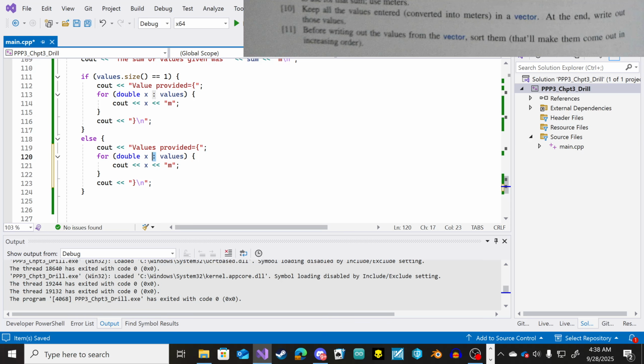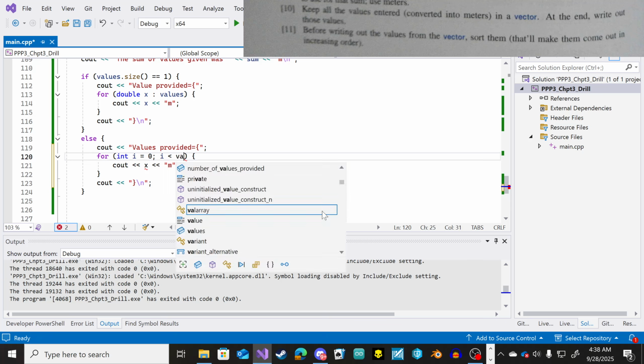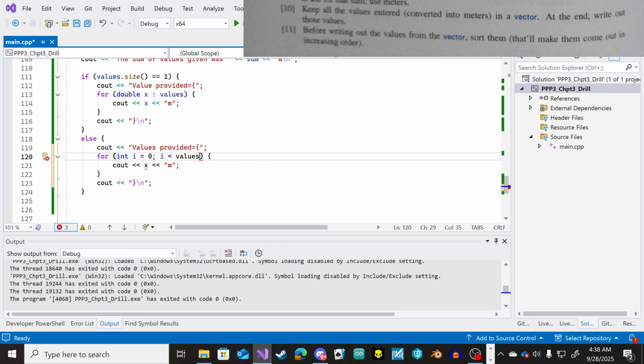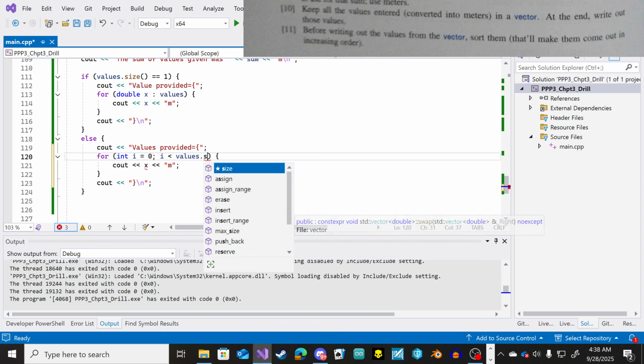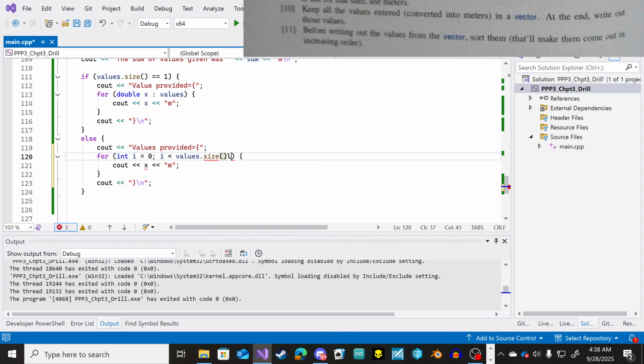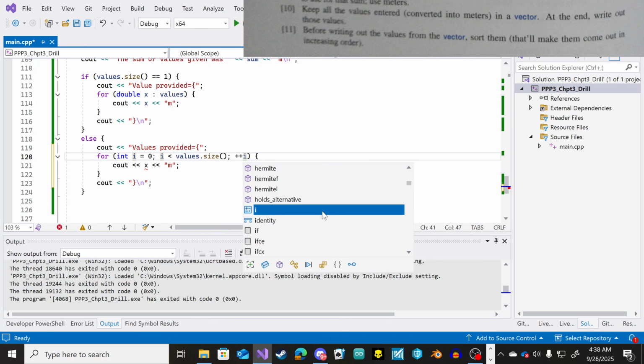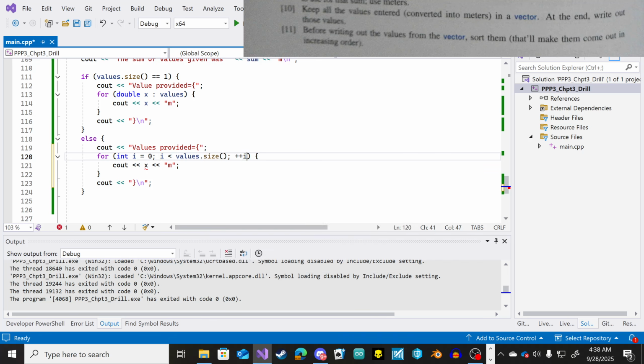I would like to do a range, but I want to do something special for when it's the last value. So for int i equals 0, i is less than the size of the array, increment i,